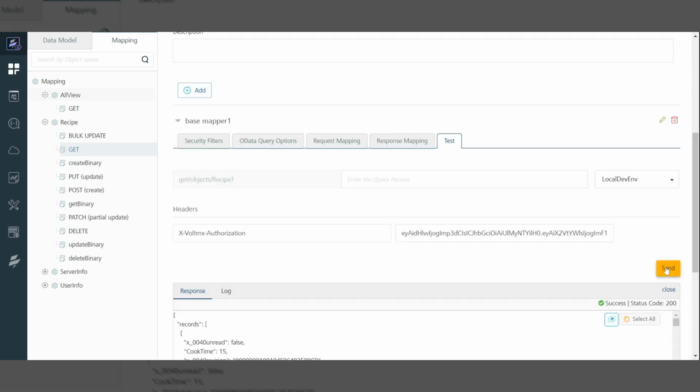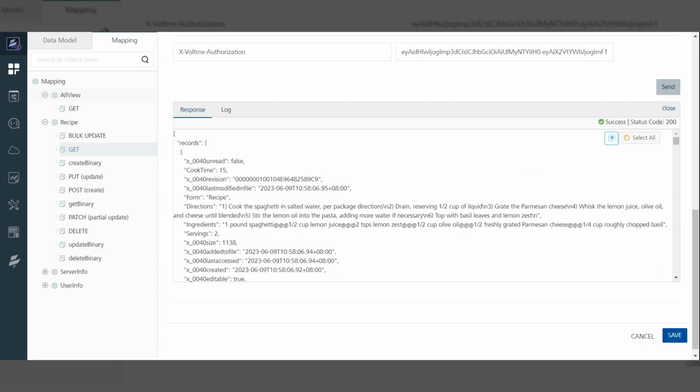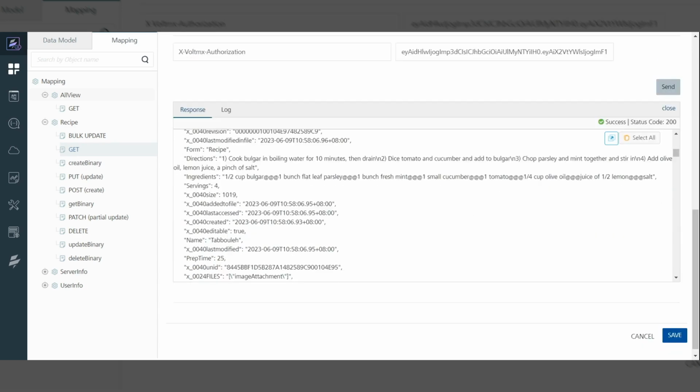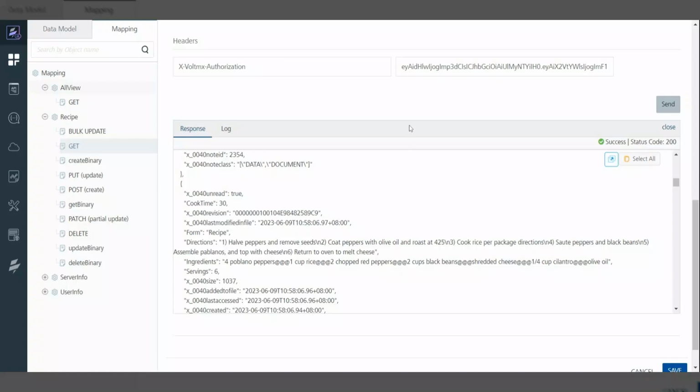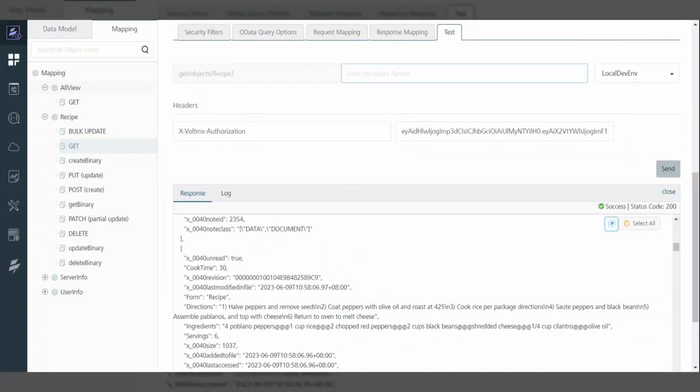What you'll be able to notice is that in this one spot, you'll be able to try out your APIs, see everything here. This is your Domino data actually coming back. And you can even filter down your requests to get specifically the information you're looking for, such as here, cook